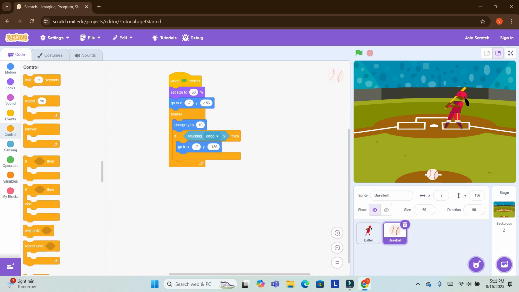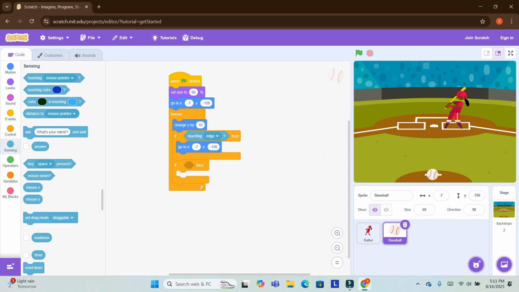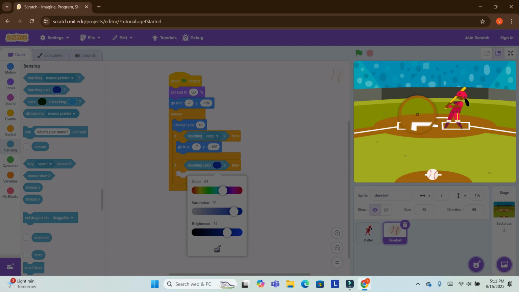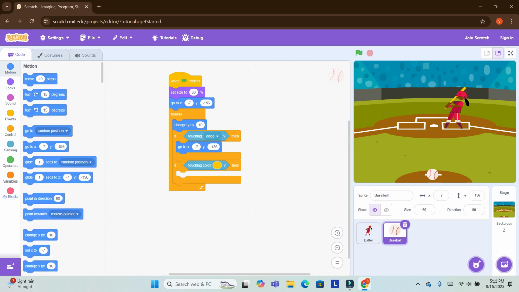I will again go to Control. Then if-then-else, and then I will take touching color. I will go to this icon, and now take the bat's color, and now go to Motion.